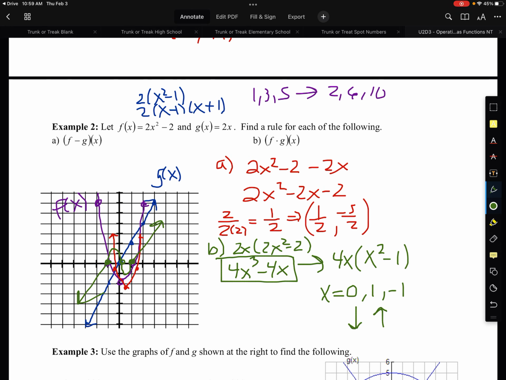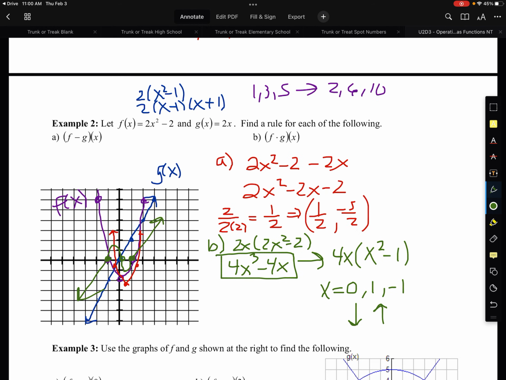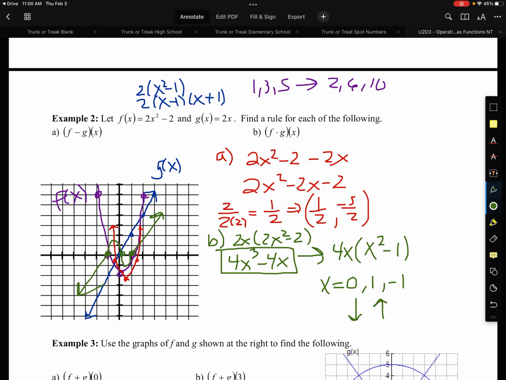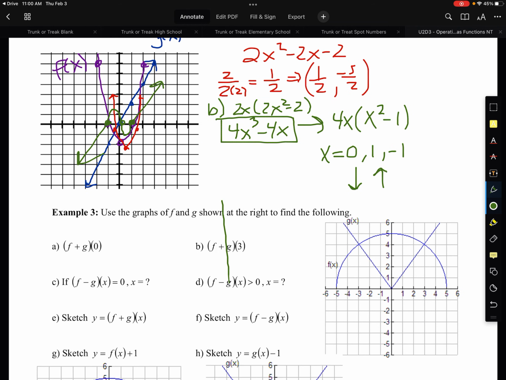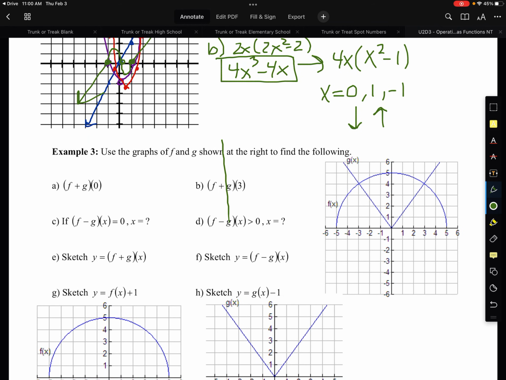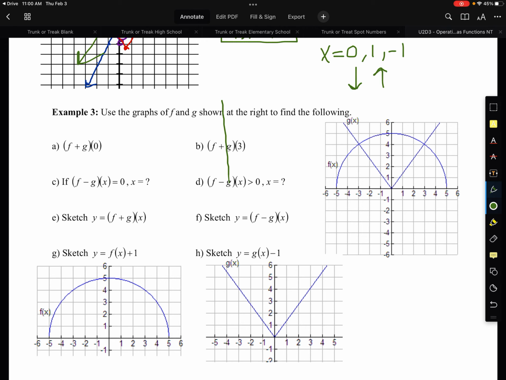All right, so there's example 2. All right, coming to the end here. Let me erase this line. Okay, so